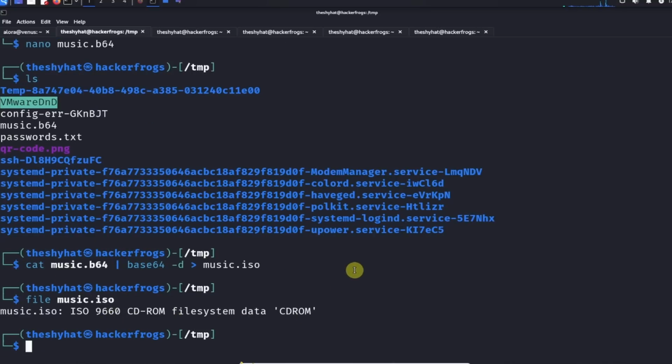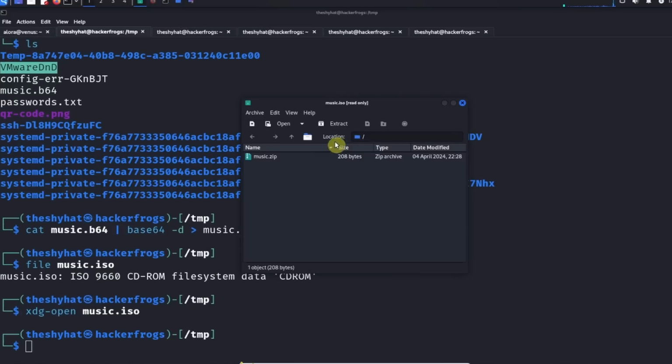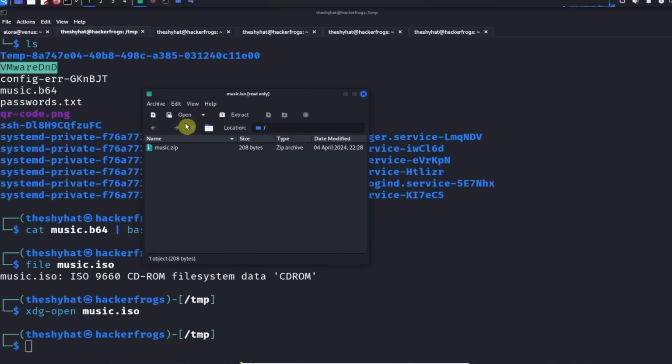Great. Okay, so the last thing we need to do is open this file. If you don't know which program to use to open a file, there's a handy utility inside of Linux on the command terminal called xdg-open. You just run the xdg-open command on whatever file you want to access, and it's going to choose the correct application for you if the correct application is installed on the system. So if we give this command here, it opens up